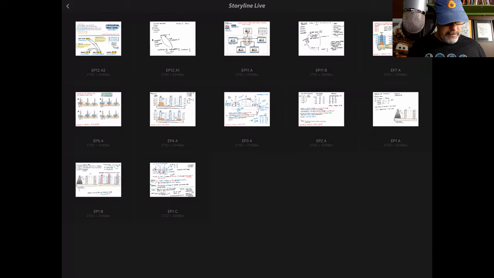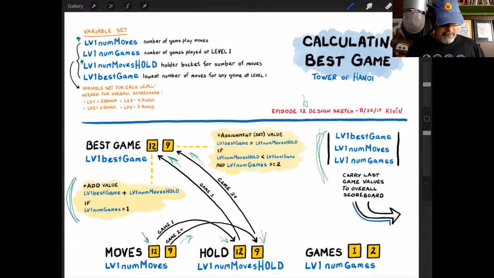What I'm going to do is here's a sketch that we did last Friday, and this was the visualization of capturing how to calculate the best score per game. That's what all of this is. So what I'm going to do is